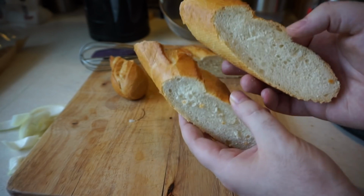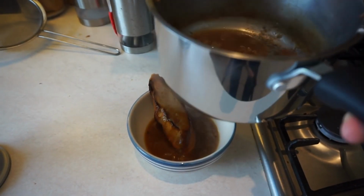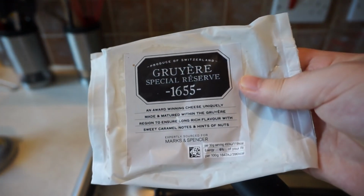So to do that, I'm going to use a toaster. Not exactly the most original thing in the world, but it should work. Soup go onto... I made nowhere near enough soup. There's this cheese here. This cheese, which is good...